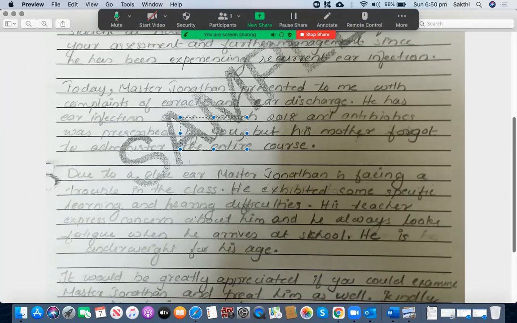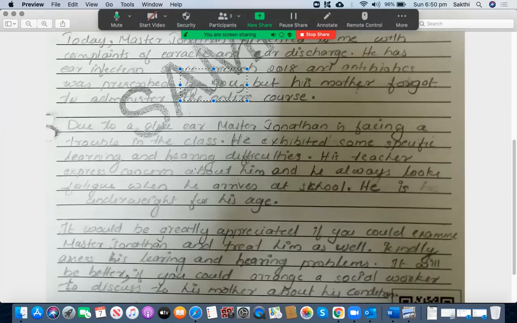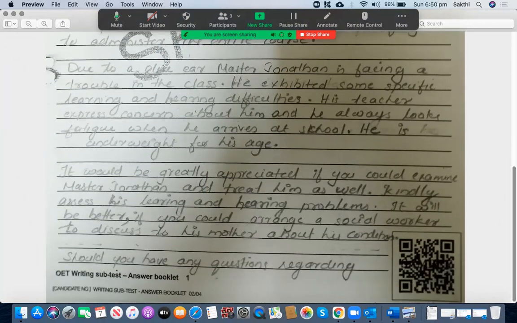Because the addressee has already prescribed, the non-GP, antibiotic for this patient, for this child, right? Okay, I understand. So, but his mother forgot to administer the entire course. That is an issue. Due to